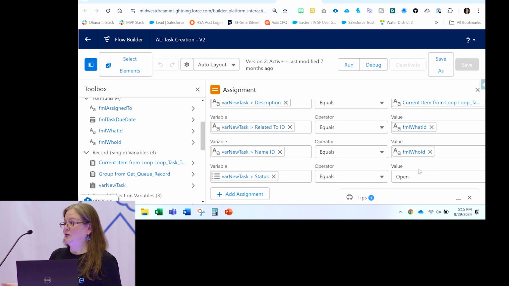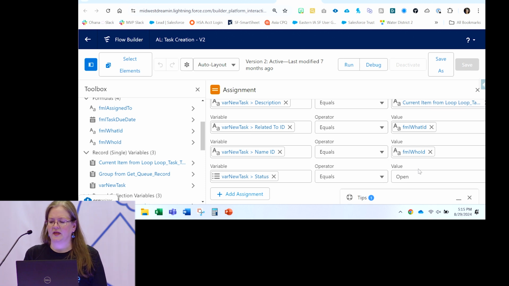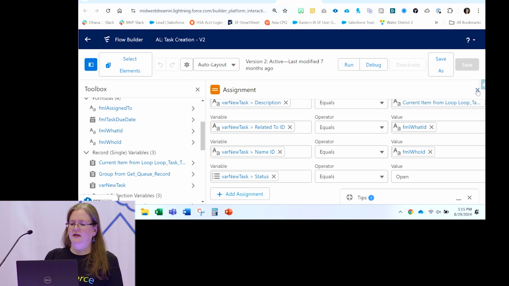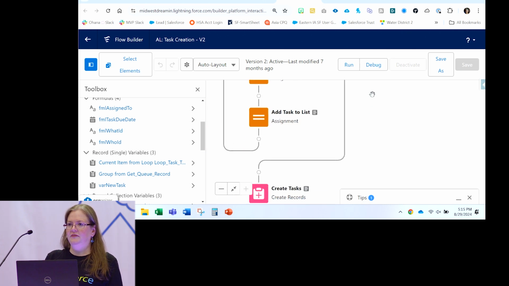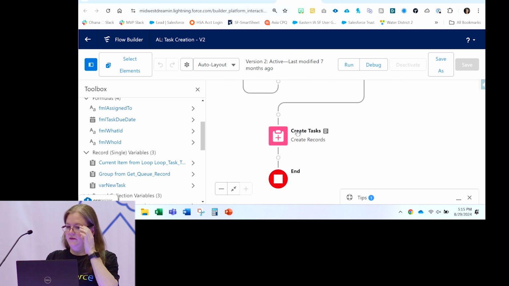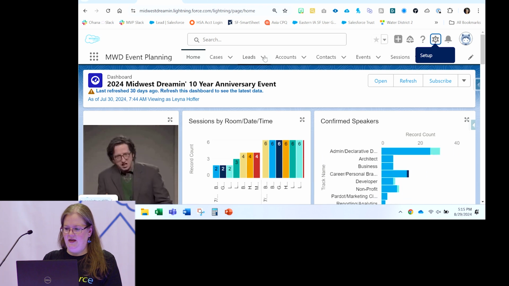Finally, we set the status as open. And so once we have this done, we're doing this all in a loop because again, we may have multiple tasks that need to be created and I want to bulkify this for best practice. So after we go through our loop, at the end, finally what we do is we create all of those tasks. So if I hop over here and I go over to tasks,